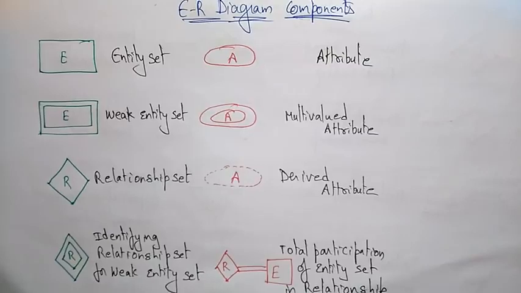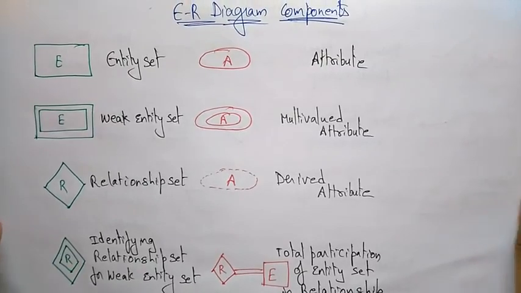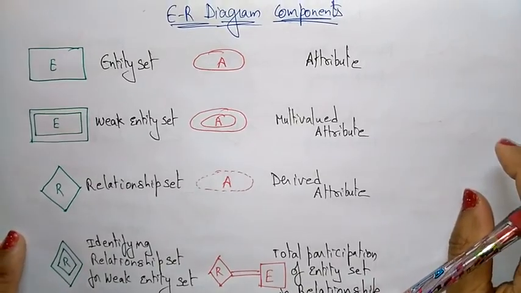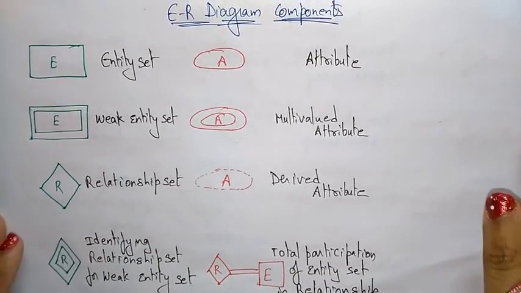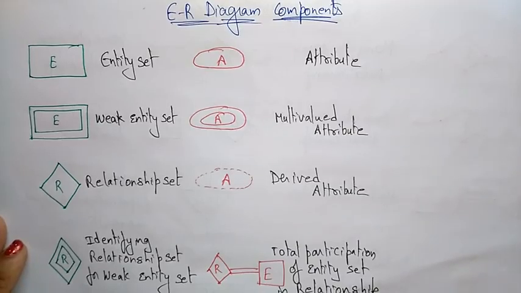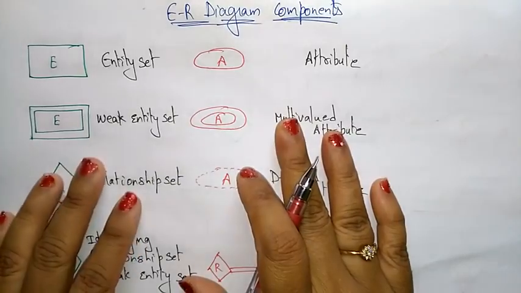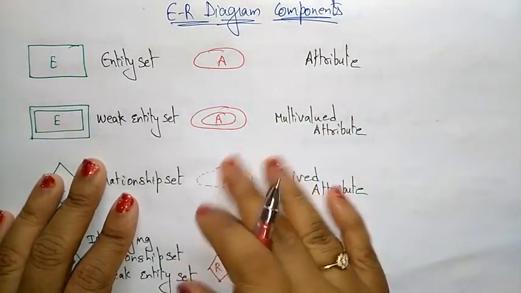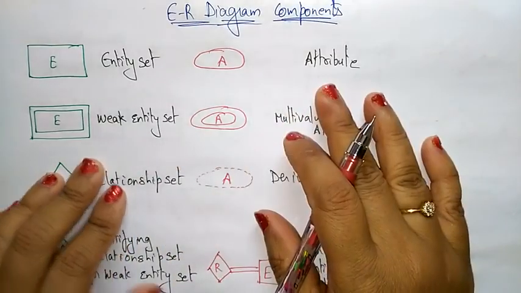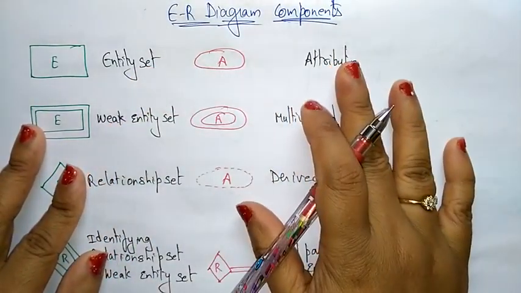Let us continue with the database management system topics. In the previous video I explained about the different types of attributes. Now let us see, in that type of attributes we have used some pictorial representation, means the symbols for the attributes: simple, composite, derived, single valued, and multi-valued attributes. Now let us see in total how many components there will be and what are those components that are used for ER diagrams, entity relationship diagram components.